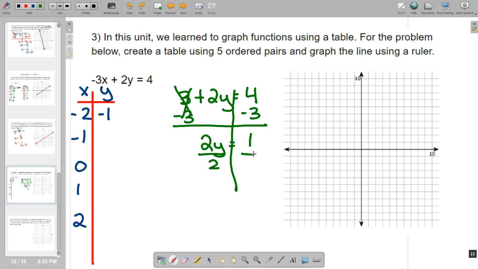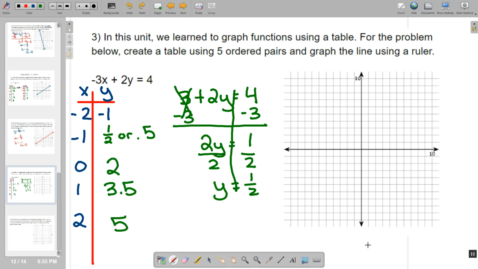I divide everything by 2 to get y is equal to 1/2, which you can write as the fraction 1/2 or the decimal 5/10. I want you to solve the next few on your own, and then I'm going to fill them out and unpause the video. Now, you can solve these by doing the equation strategy on the right again, but you should